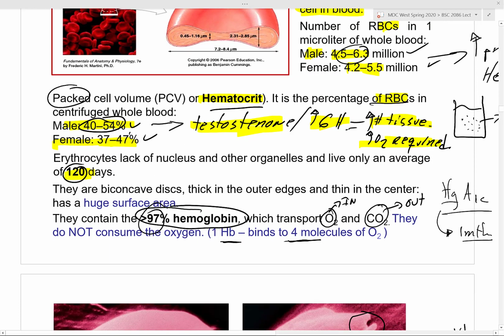So hemoglobin, how much of that is required to be inside a red blood cell? So about 97% inside the red blood cell is made out of hemoglobin. Hemoglobin is the one that allows you to transport oxygen and CO2. Which one has the higher affinity for hemoglobin, oxygen or CO2? What do you think? Before you answer, think about these two things. What do you need? Oxygen. What do you need to get rid of? CO2. So, what of the two, oxygen or CO2, would you think is going to have higher affinity to hemoglobin?